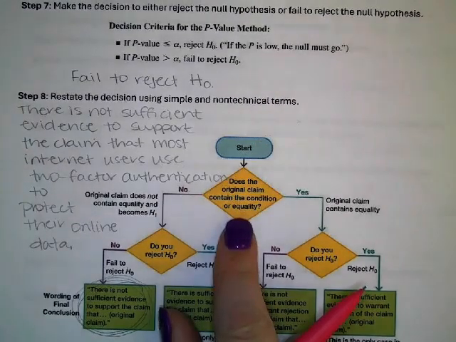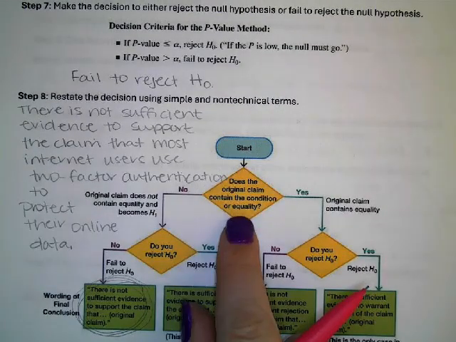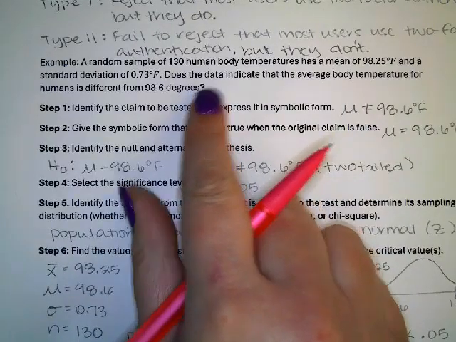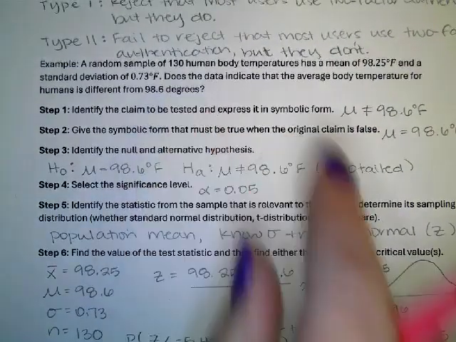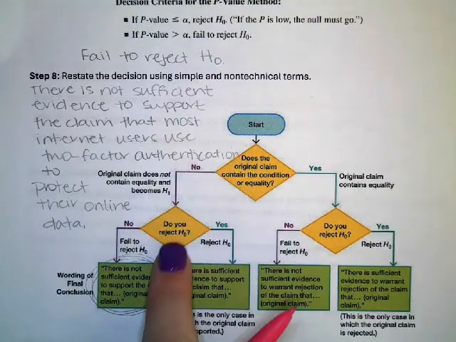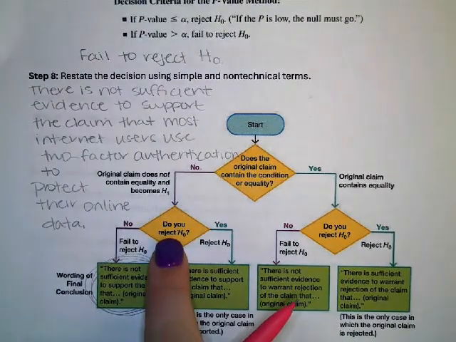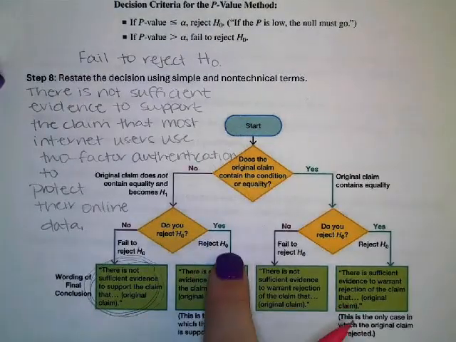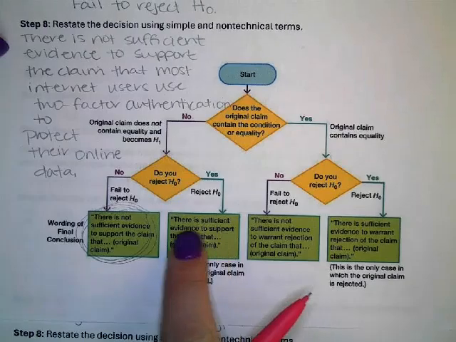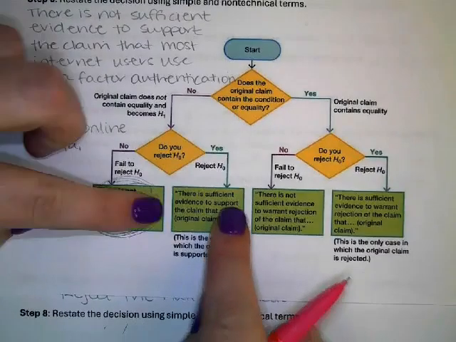Does the original problem claim the condition of equality? Was the original problem saying the average temperature is 98.6? And the answer is no, it wasn't saying that. It says, does the data indicate that the average body temperature for humans is different from 98.6? So equality was not being contained, so the answer is no. Do I reject the null hypothesis? Yes, I rejected the null hypothesis. And so I'm going to phrase it this way. I'm going to say there is sufficient evidence to support the claim that